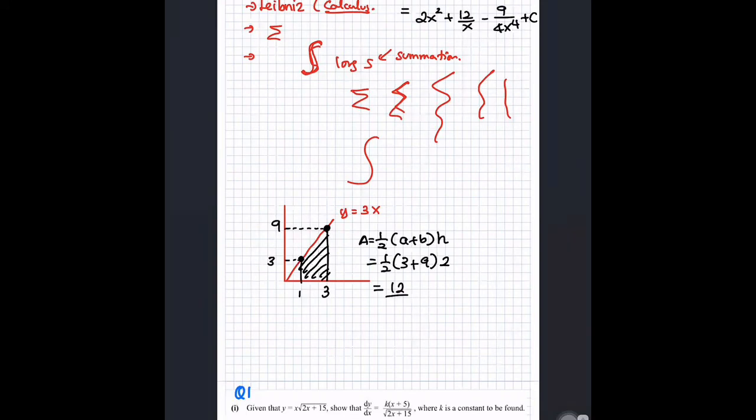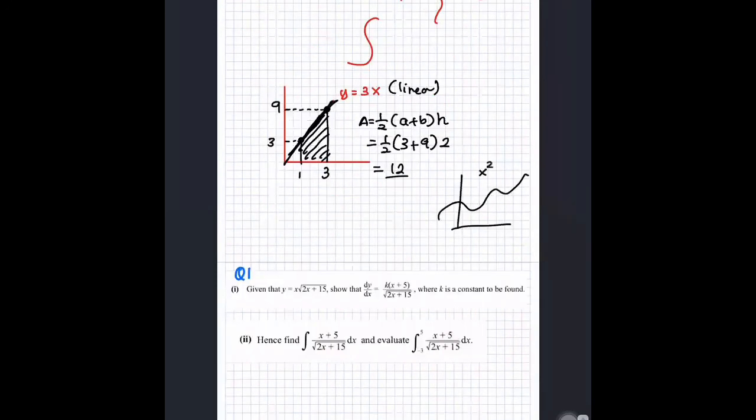Now I tell you the magic. Not all the time we get a linear beautiful line. Maybe this is like x squared sine x. You want to find the area? Tell me the formula. What formula of area do you know? Area of rectangle, area of trapezium, area of triangle, and then area of circle. So when you get fancy curves like this, how do you find the area?